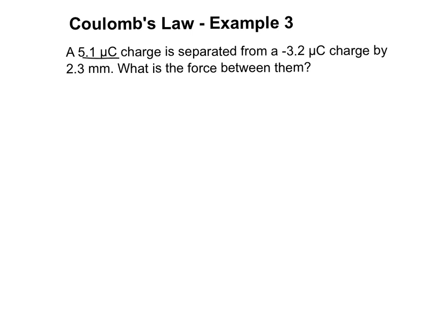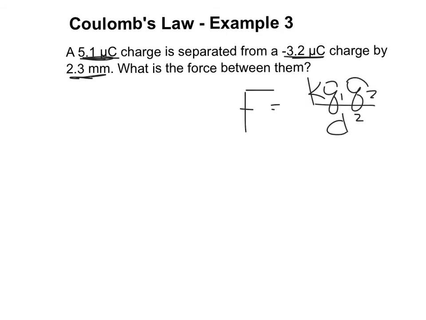Now, the first thing to notice is the values that we have given here. Remember Coulomb's law, F equals K, Q1, Q2, all over our separation distance squared. And I've got three numbers present, and I know the Coulomb constant already. The Coulomb constant K is 9 times 10 to the 9th